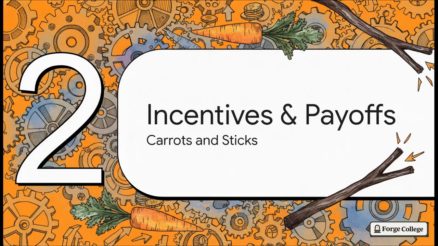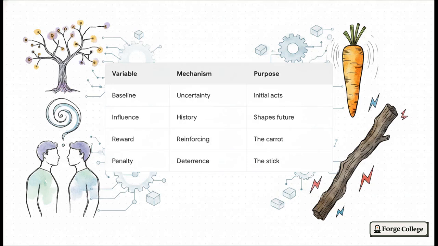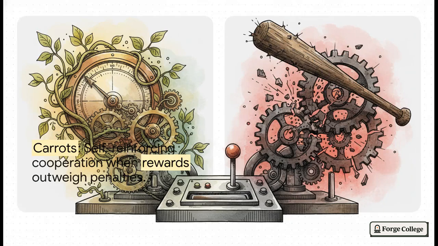Moving on to Section 2, Incentives, Payoffs, and Penalties. Think of these parameters like a schematic for, say, a massive video game simulation. By adjusting the literal math of rewards and penalties, you directly change whether participants are going to choose to cooperate or cheat. So you have a cooperation baseline. That's for when strangers first meet. You've got reputation influence, which binds your history to your future. And then, of course, you have the classic carrot and stick, the reward magnitude and the penalty magnitude. And you can tune these dials to engineer completely different environments.